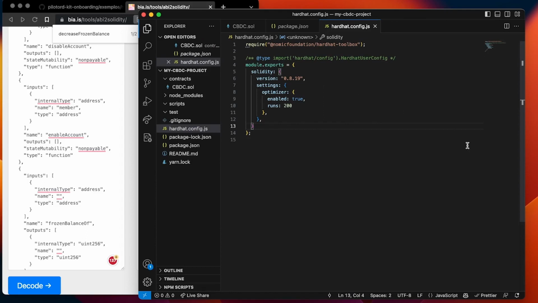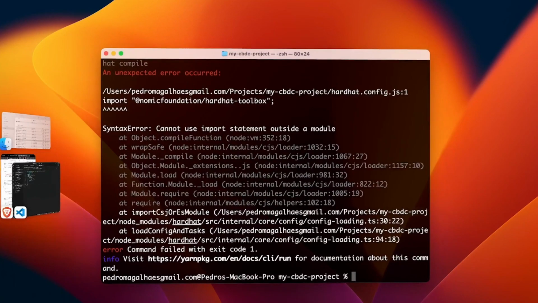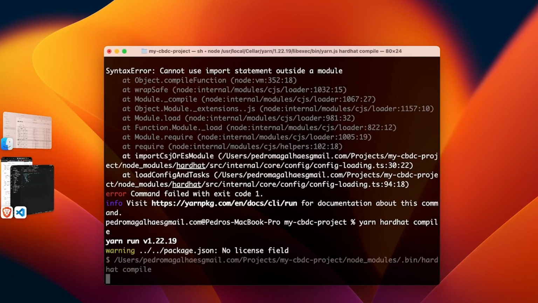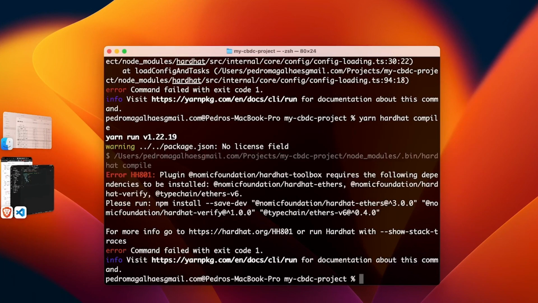So let's adapt it for this, and let's try again to compile. Okay, we have some plugin issues here, related to the fact that there is TypeScript. So let's move on